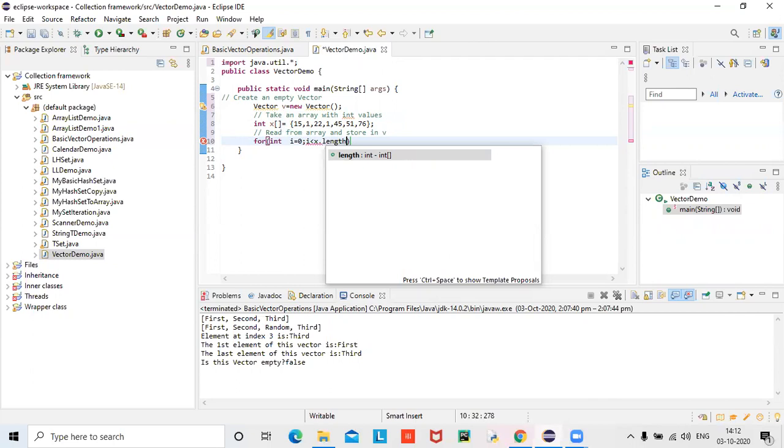But in arrays, the length method will not work. Methods are not there in arrays. That is the main minus point for arrays. There are no methods in arrays, but there is a property called length. Somewhere else also I used this length, args dot length. You remember command line arguments?